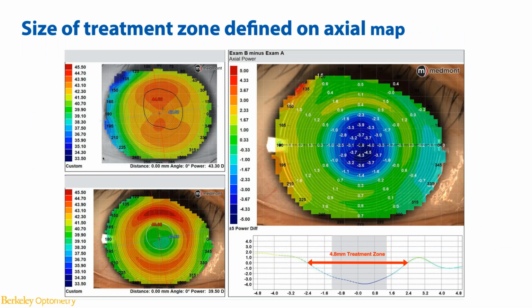So this is how we measure the size of the treatment zone on an axial map. We all know that to actually quantify the change or the actual size of the treatment zone, we're using a difference map. So this is the difference map, post minus pre-treatment, on an axial display. The treatment zone is defined basically between the junctions of where, if we take a look at the bottom right,